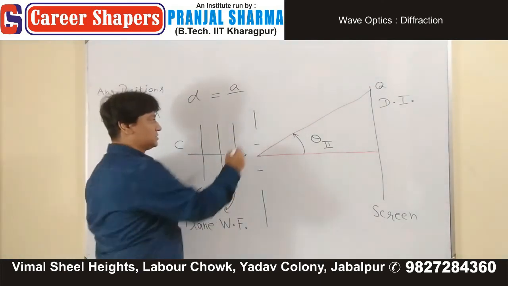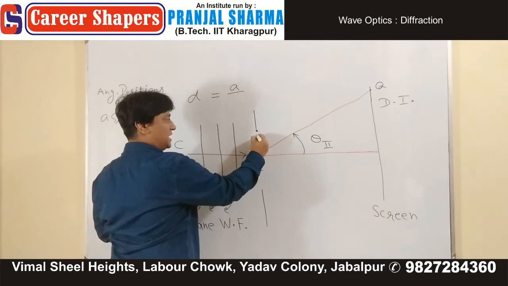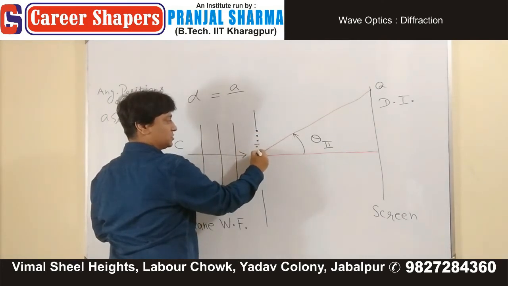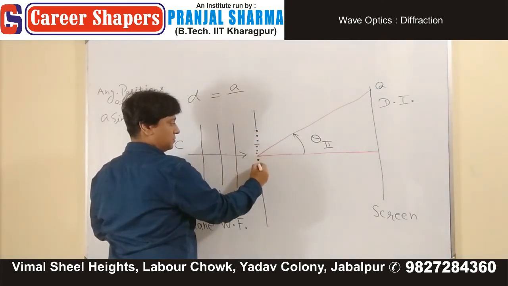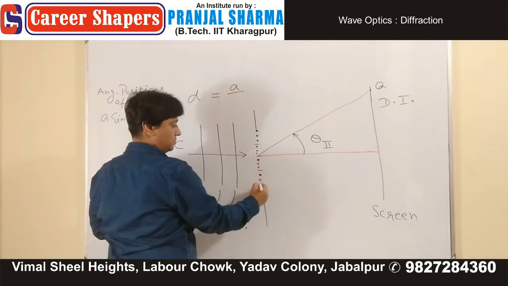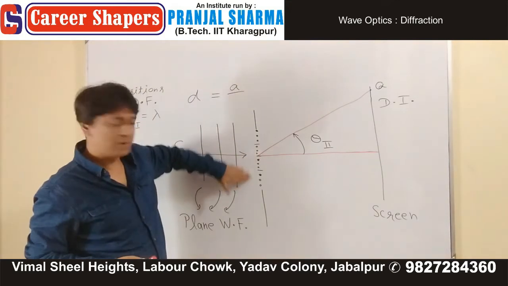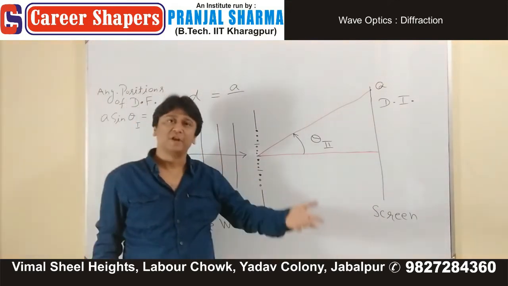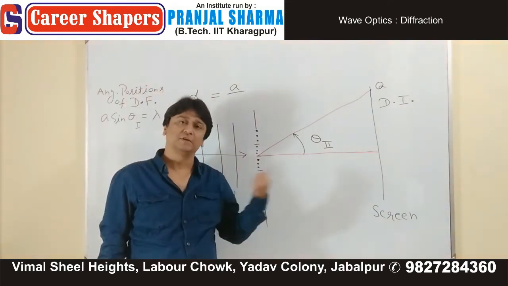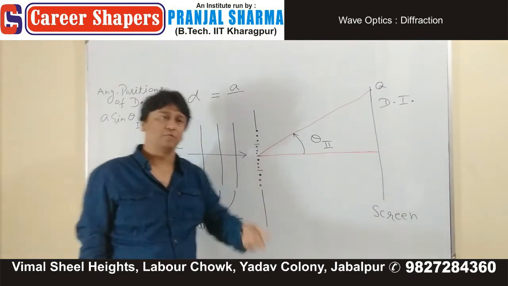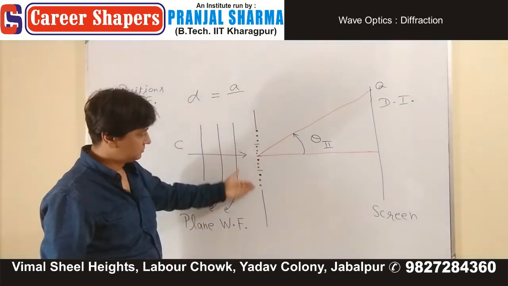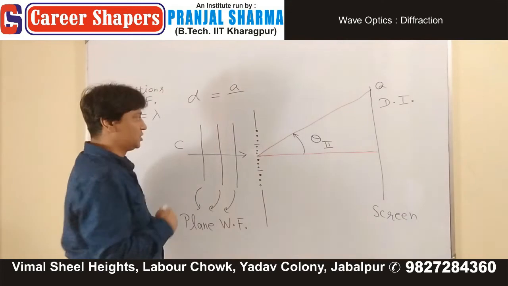And all these segments have their secondary sources. These are the 4 imaginary partitions. In the first case, we did 2 partitions, and now we are doing 4 partitions. So when you do 4 partitions,